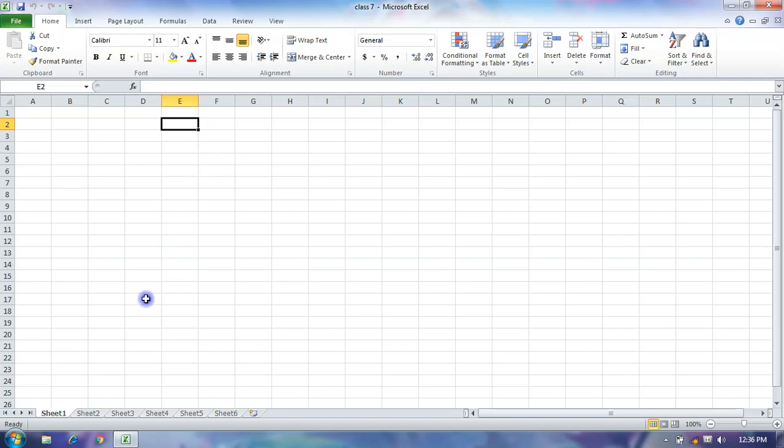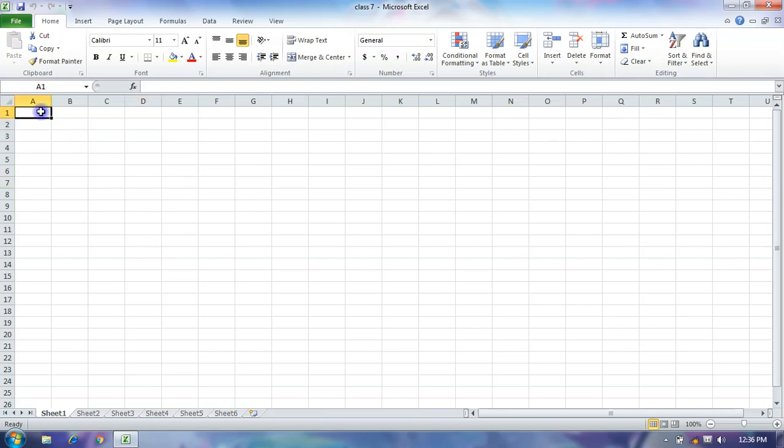This is the active cell, because it is highlighted since you are working on it and it is currently selected. Next is the range of cells.